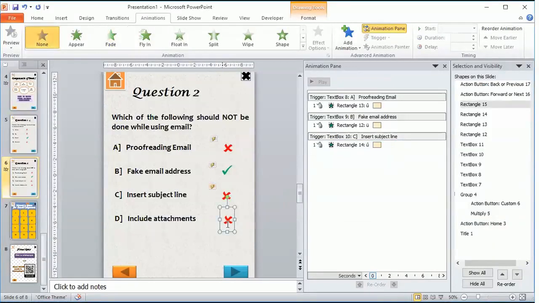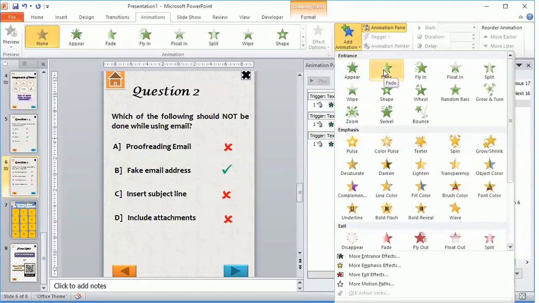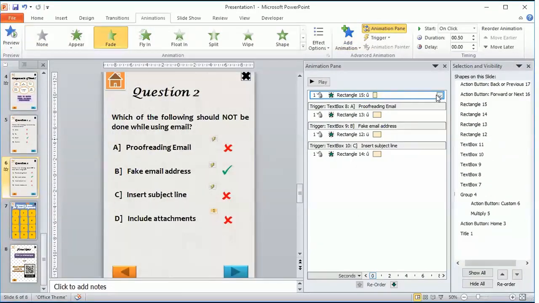And the last remaining one, we have include attachments as its corresponding text box, which is text box number 11. So click this cross mark. Click on add animation, fading effect as an entrance. Once it is added to the animation pane,